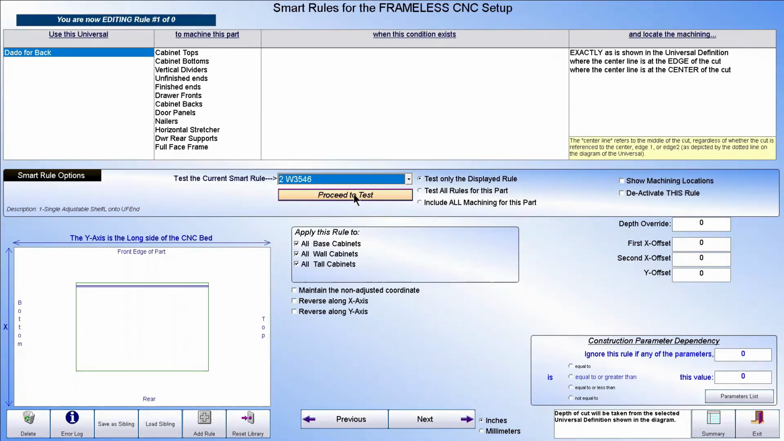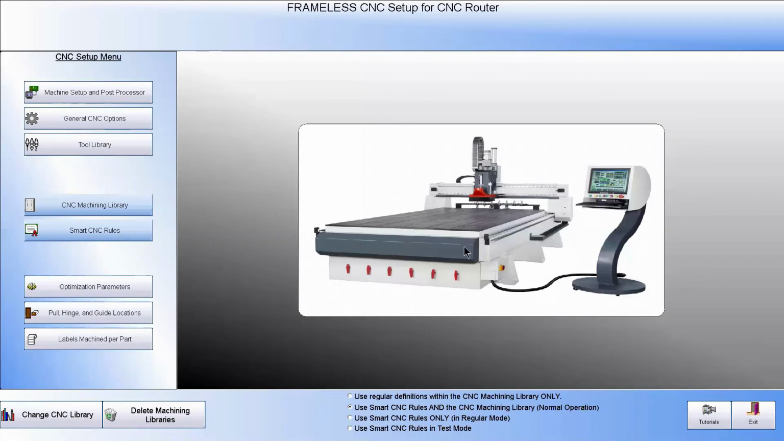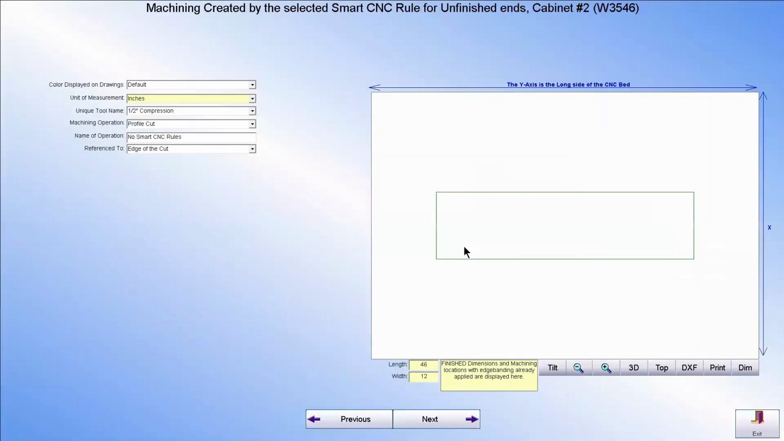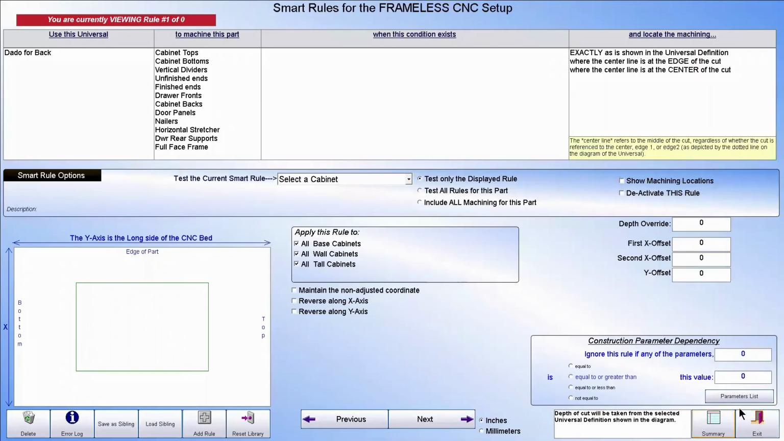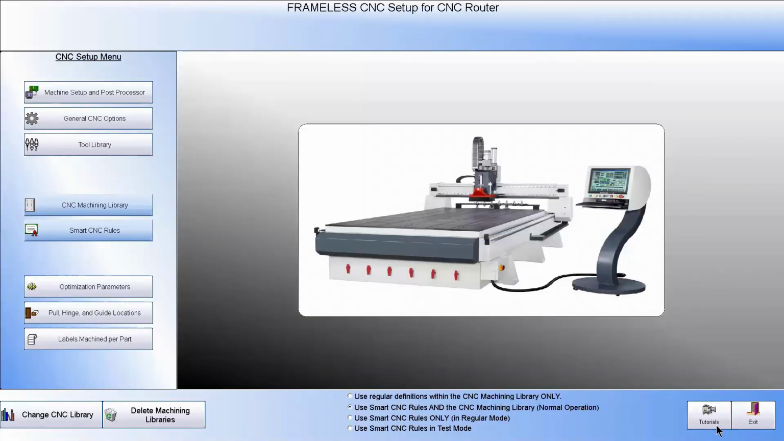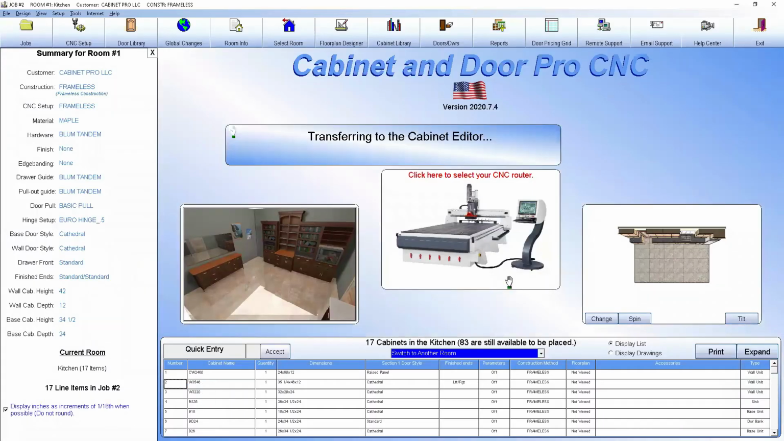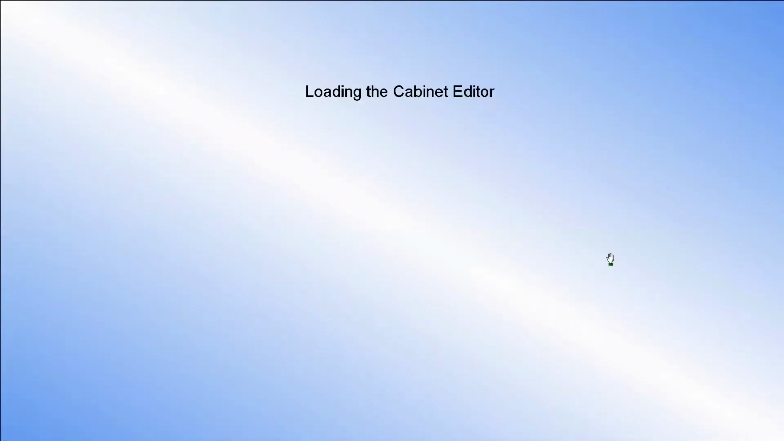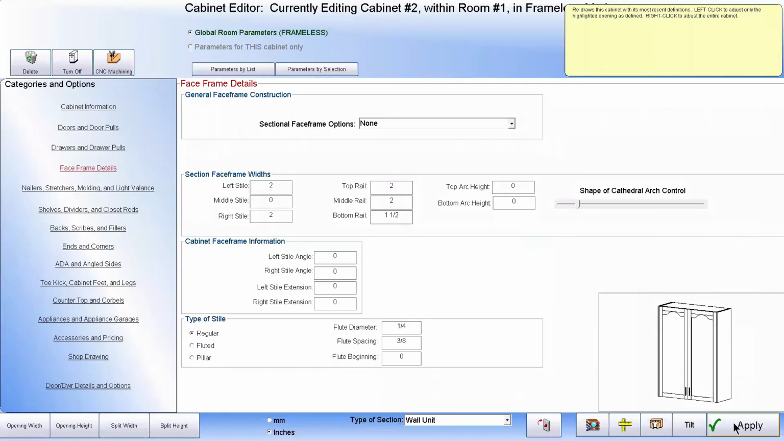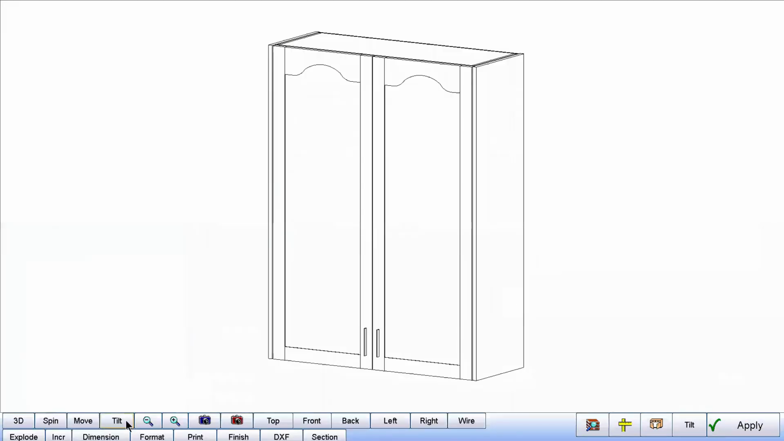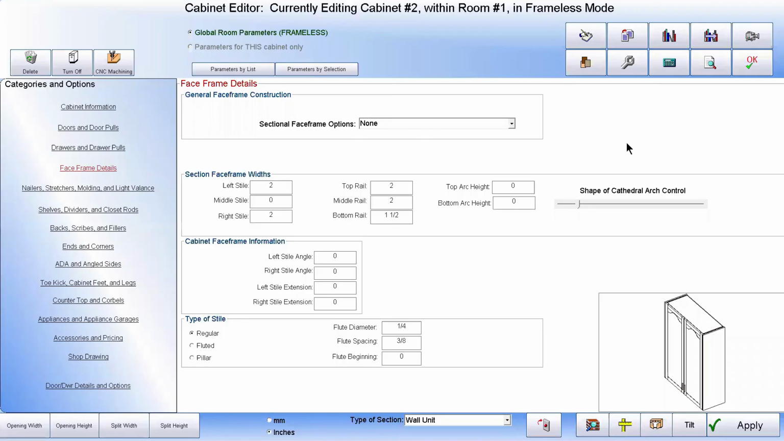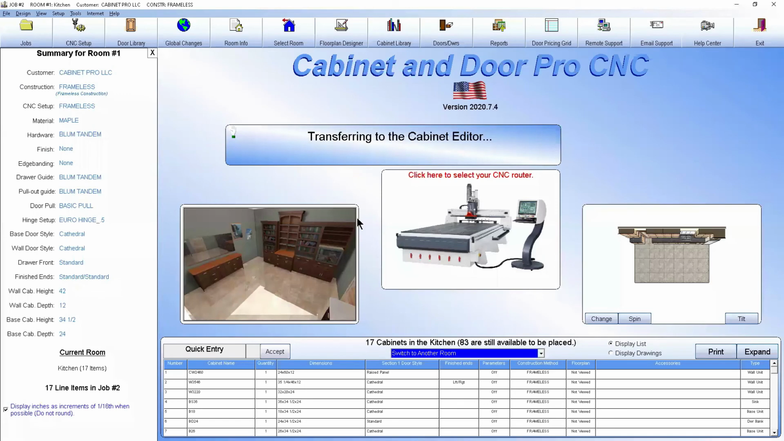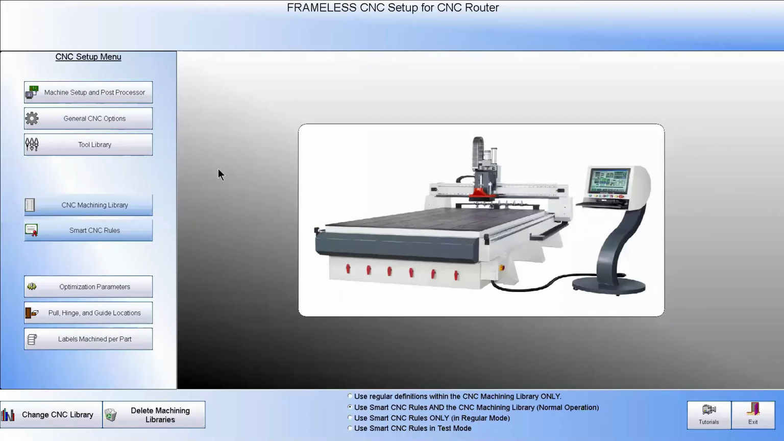Now, all you've got to do is hit proceed to the test. And we get nothing. Why is that? Do we not have a back on that cabinet? Let's go to that cabinet and make sure we have a back on it. Okay, we do have a back on it. Oh, I see, okay. Notice we got no machining. And the reason for that is because